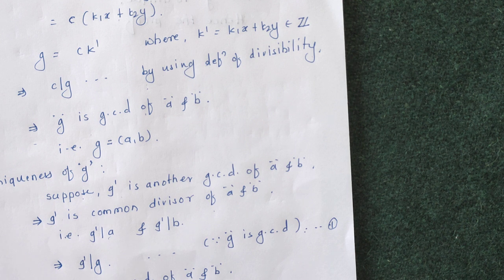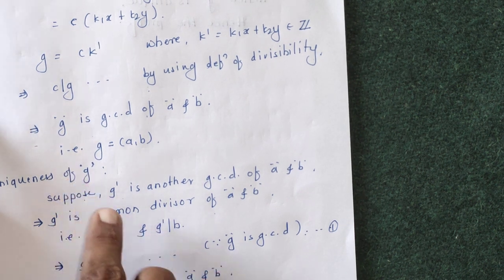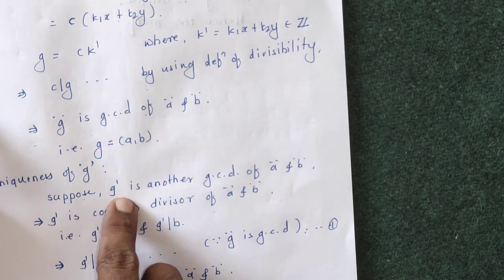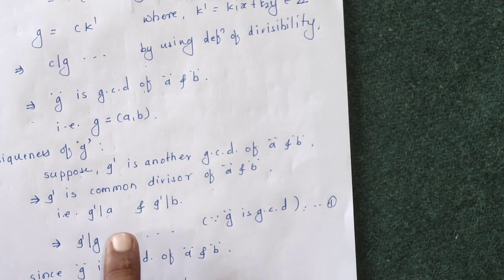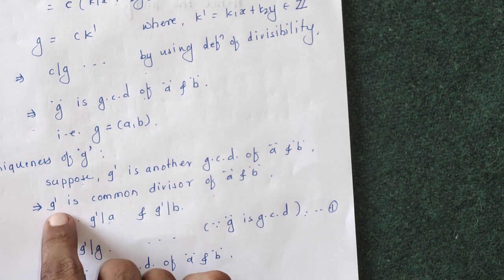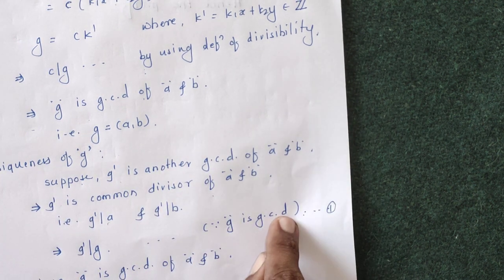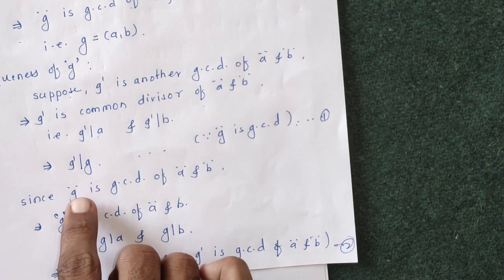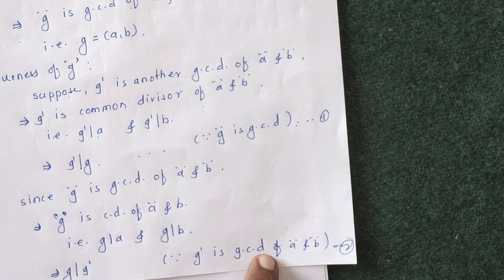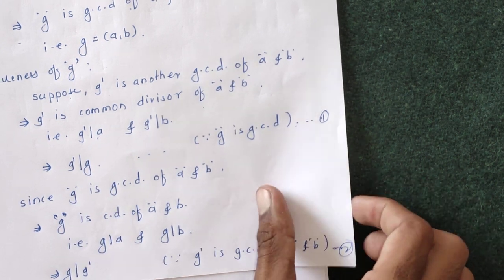Now to prove uniqueness of G, we consider another integer, G prime, which is also a GCD, and to prove that G and G prime are equal, we prove G divides G prime and G prime divides G. To prove G prime divides G, we consider G as common divisor and G prime as common divisor and G is GCD, and to show G divides G prime, we consider G as common divisor and G prime as greatest common divisor. So from this equation and using the result